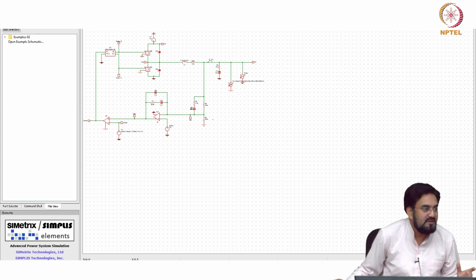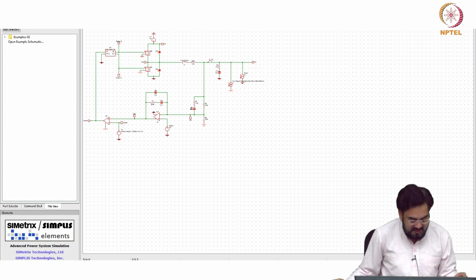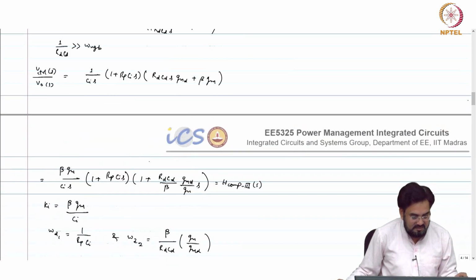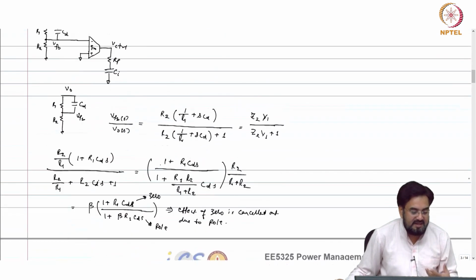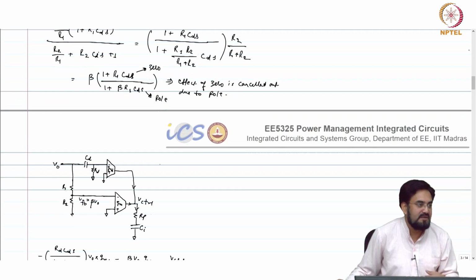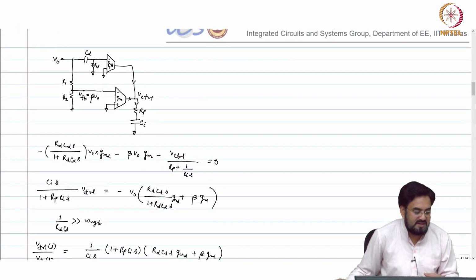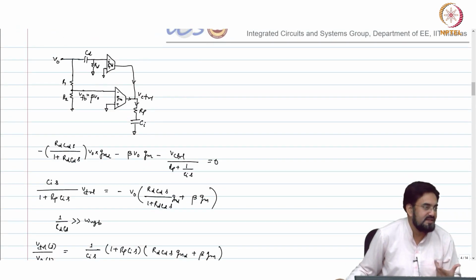So, the first pole can be your RDCD and the second pole you can add as a capacitor at the output of your PI. That parallel cap, the RP in parallel with that cap, will give you the second pole. So you do not require any additional cap here to get the second pole, because that second pole is already there in CDRD.